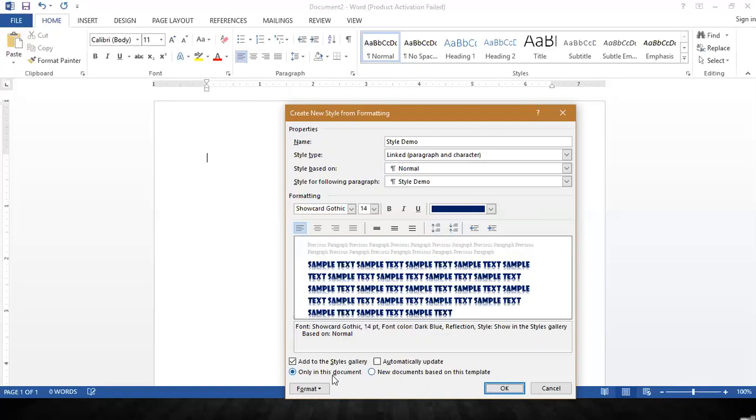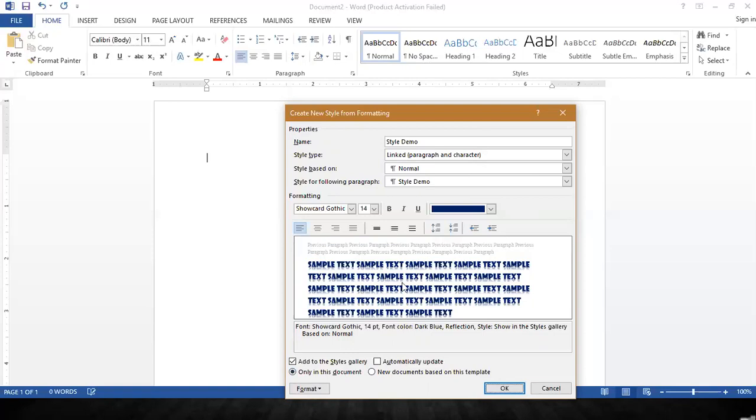Now by default, if you do not change this and you let it be on only in this document, then the style which you are creating will be available for this document only. That means when you create a new document, this style will not be available in that document.